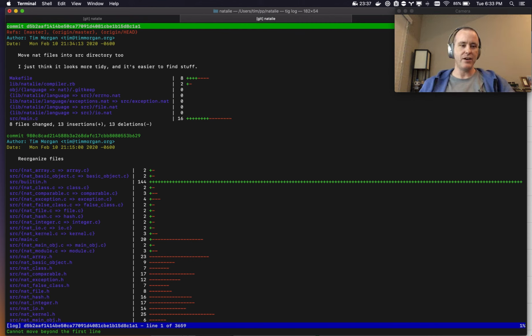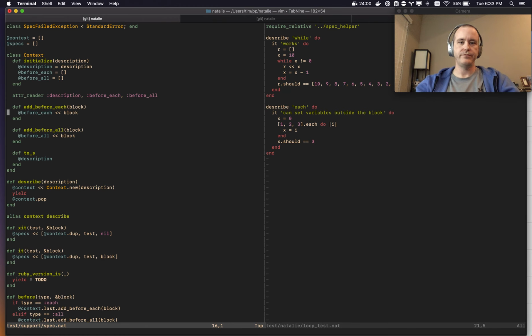Reading, writing files was really cool. That gives us access to the outside world. Natalie still doesn't know how to do incoming arguments, and so maybe we'll do that, argv, and then also standard in. Natalie does not have support for standard in yet, and I'm pretty sure that the way I'm doing standard out